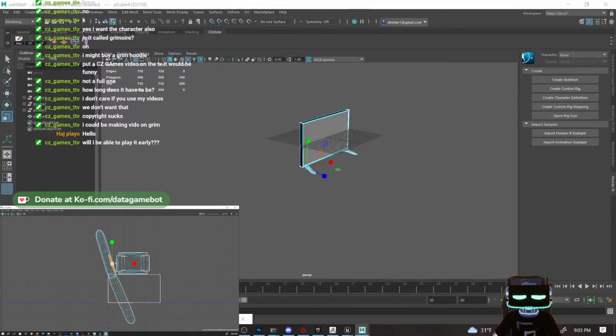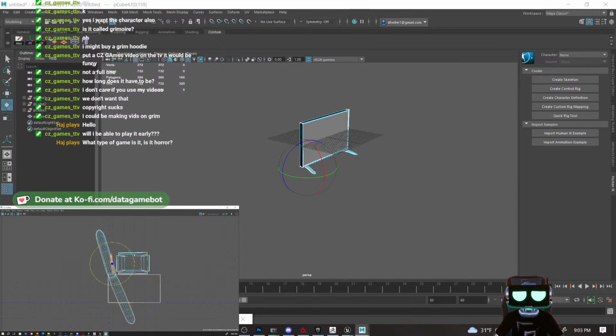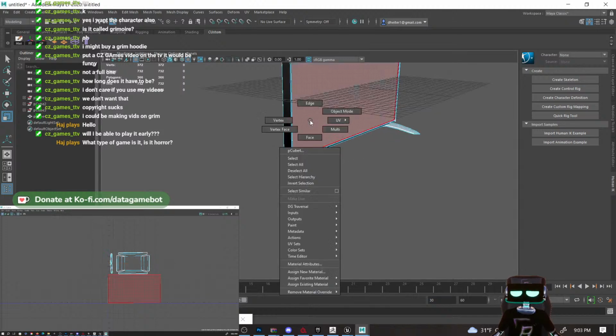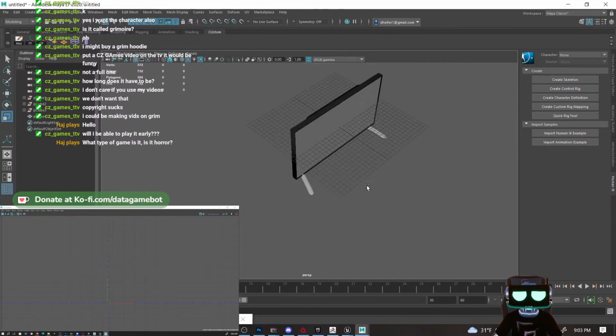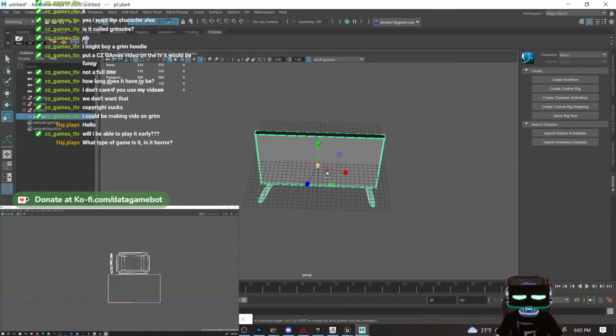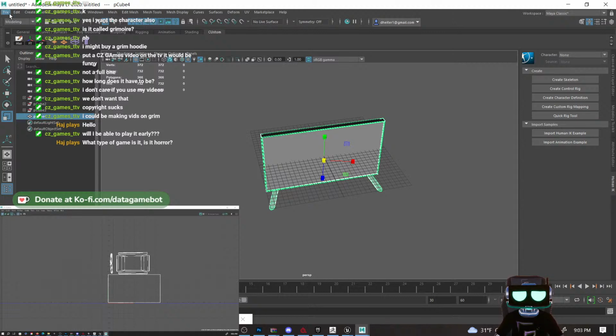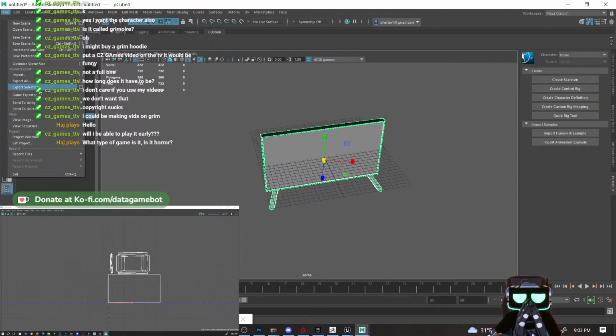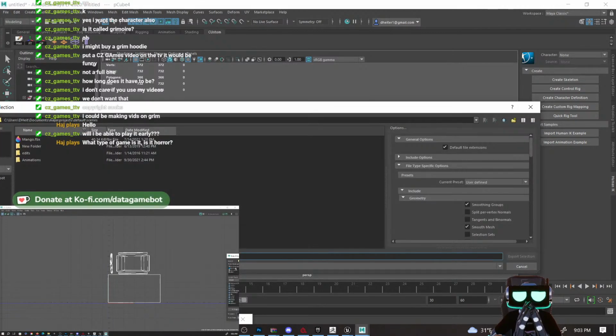So it don't really matter. Take both of them. Scale it, bring it in. Okay. Alright. So we have a TV. I believe I built all the materials and engine, so we'll just go ahead and